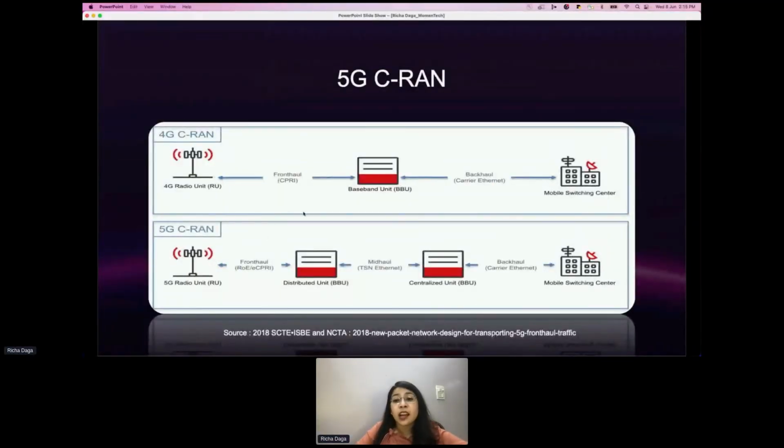So these are the interfaces that I explained in the previous slide. If you see here, that is the 4G CRAN that had the baseband unit. But with 5G coming in, this baseband unit became disaggregated and decentralized into the distributed unit and the centralized unit. And the link between them is called the fronthaul. The initial link, between the radio unit and the distributed unit, is the fronthaul. And what we need today in network modernization is eCPRI to support it.